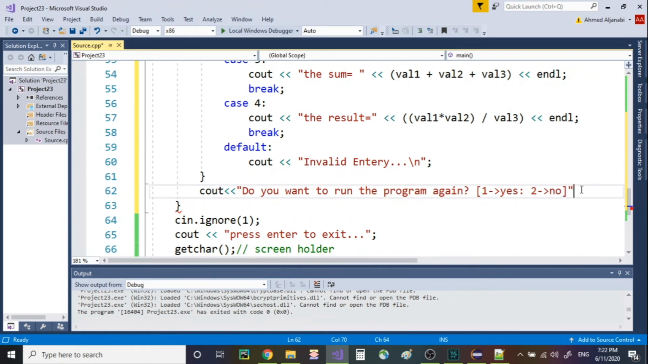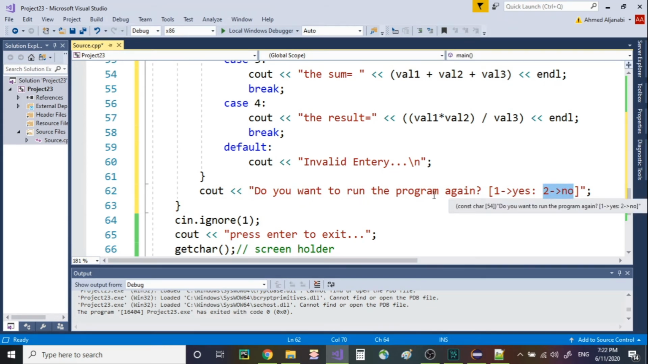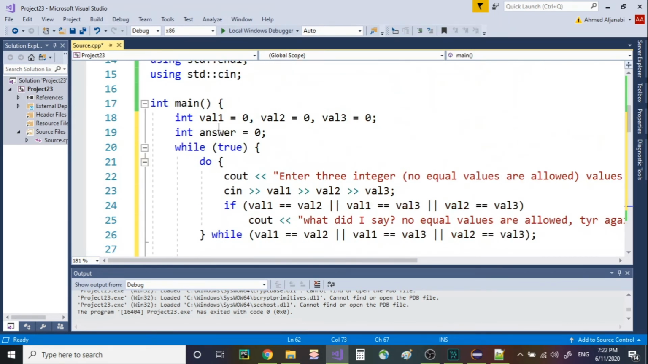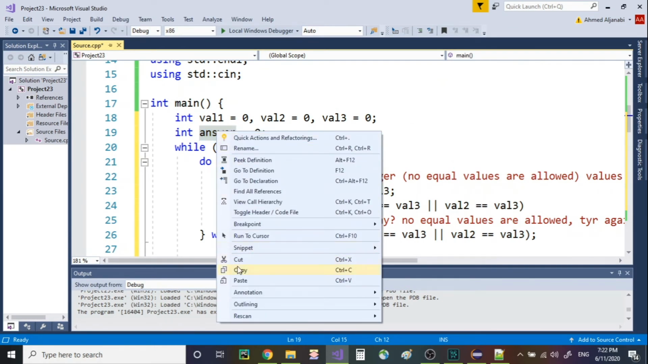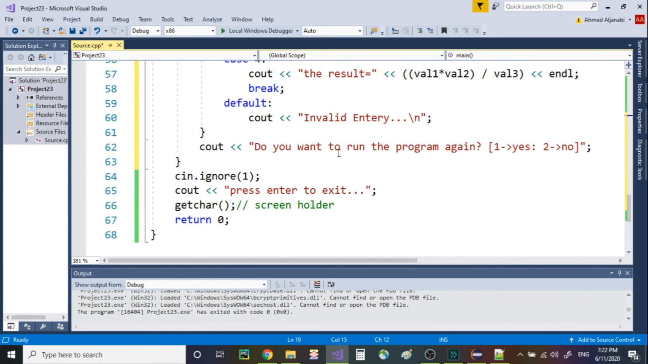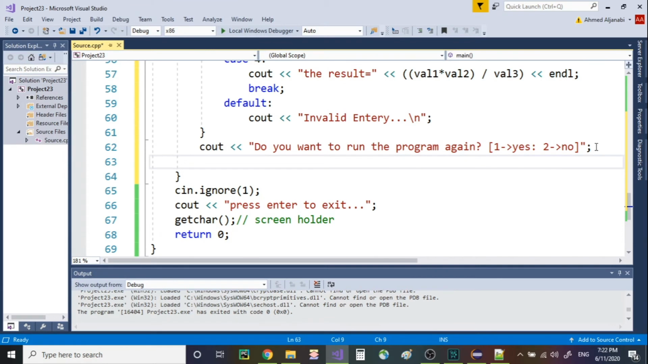Well, here's what I'm going to do actually. I'm going to assume anything is no, but I'm just going to show him 2 is no. In case he typed 3 or 4 or 5 or 6 or whatever he's going to type, it is basically going to be considered as no as well. So since I have my variable declared here, answer, I need to ask the user to enter that answer at the bottom. I'll say cin